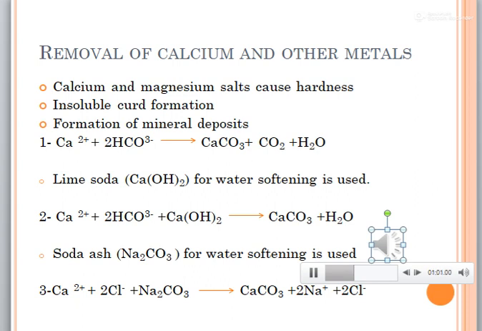The removal of water hardness is essential for many uses of water. Several processes are used for softening water. On a large scale, such as in community water softening operations, the lime soda process is used. This process involves the treatment of water with lime, calcium hydroxide, and soda ash, sodium carbonate. Calcium is precipitated as calcium carbonate and magnesium as magnesium hydroxide.